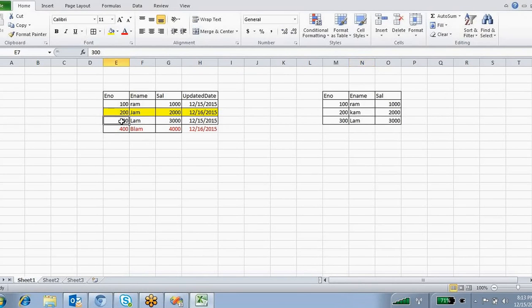And for 300 lam 3000, nothing is changed. So you have to modify com to jam. And there is a new employee coming, so that employee information you have to insert. Got it?